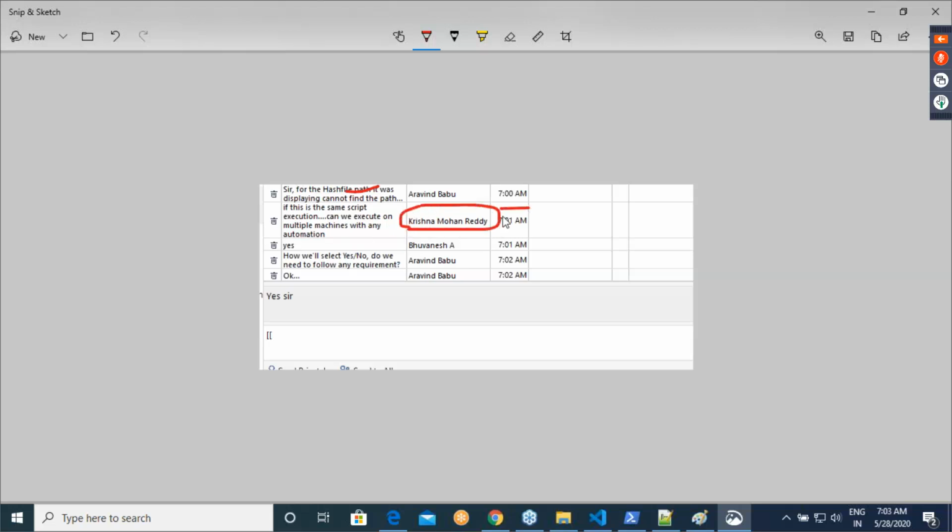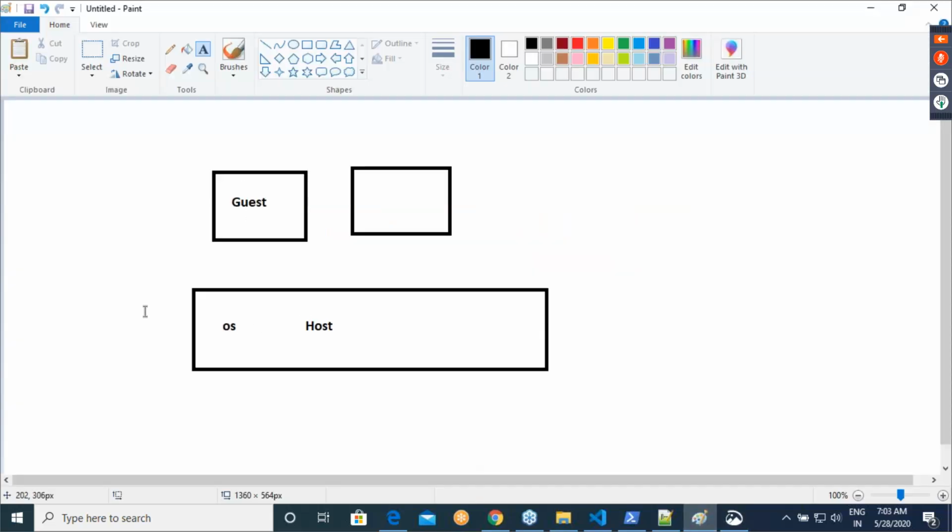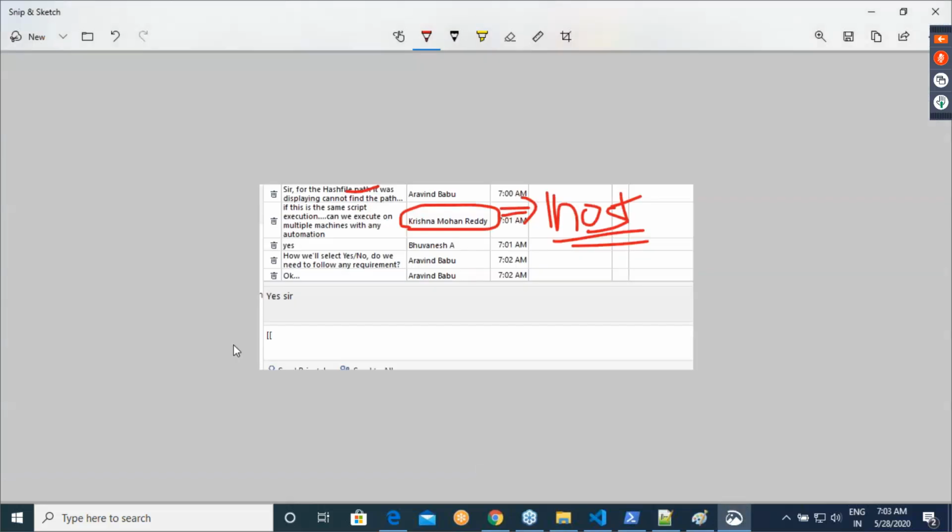And the second thing is, I will never do this activity, because generally when I do migration, I migrate one host at a time at least. In my host, I can have multiple VMs, but at least I'll be doing the migration of one host. Why should I worry about multiple VMs then? Right. So if you remember, I've said there are two machines, host and guest. This is something which I'm running on host. A Hyper-V host can be of two configurations. One is single, the other one is cluster. So even if you are trying to do the migration of multiple machines, you will be running this only once on the Hyper-V host. Okay, right. So fine.